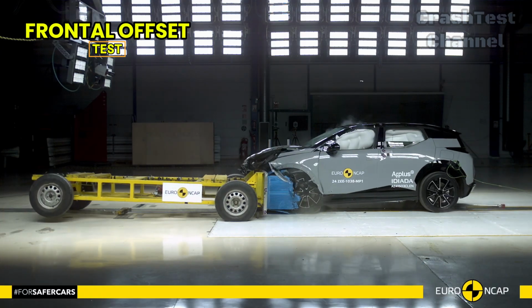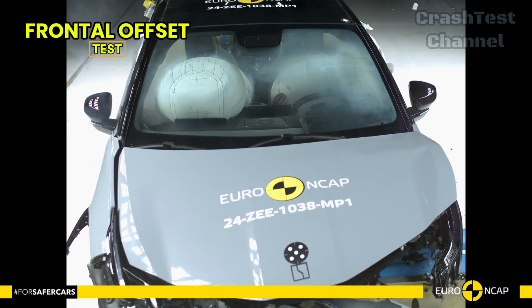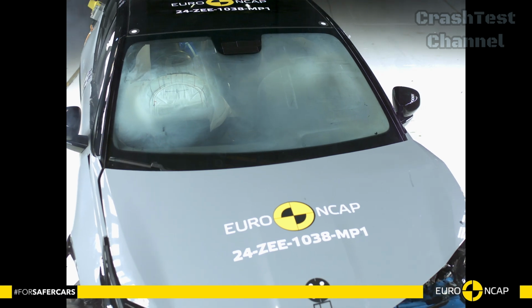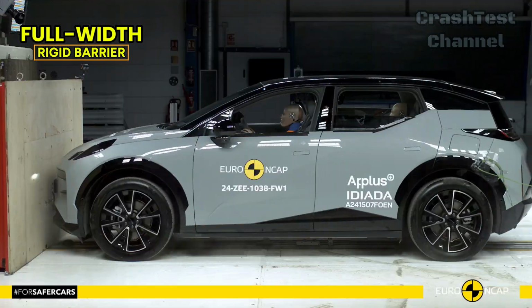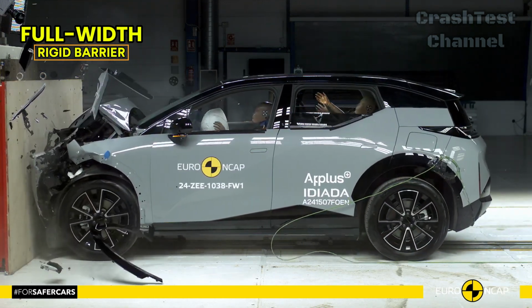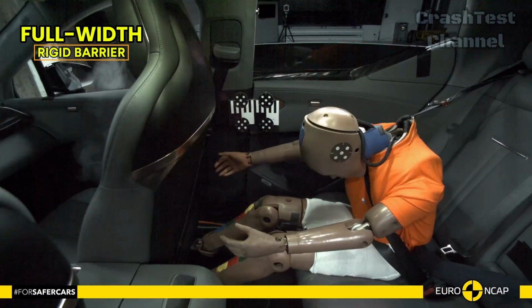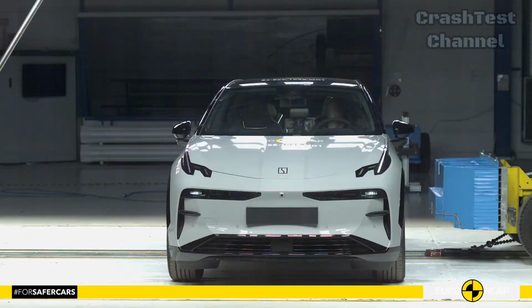The ZEEKR X proved its robustness in the frontal offset test, with its passenger compartment remaining stable. The data showed good protection for critical areas such as the knees and femurs of both the driver and the passenger. ZEEKR's commitment to safety shines through, ensuring the same level of protection for occupants of various sizes and seating